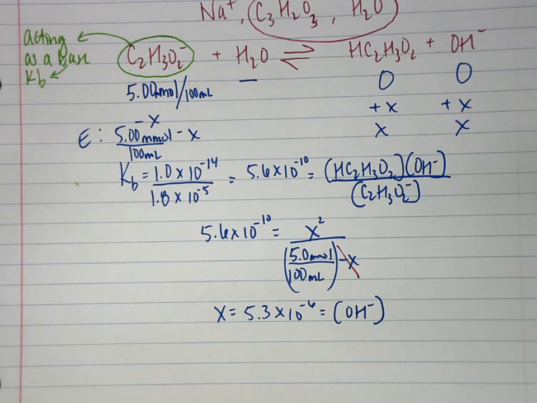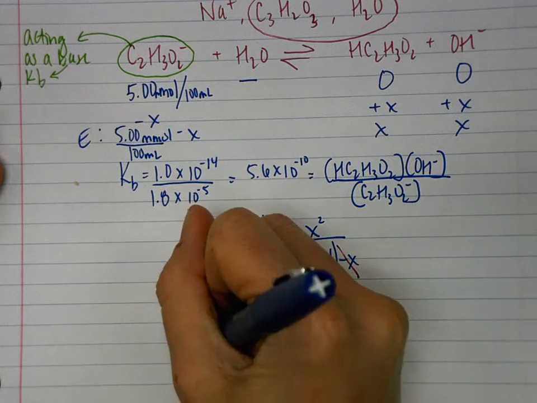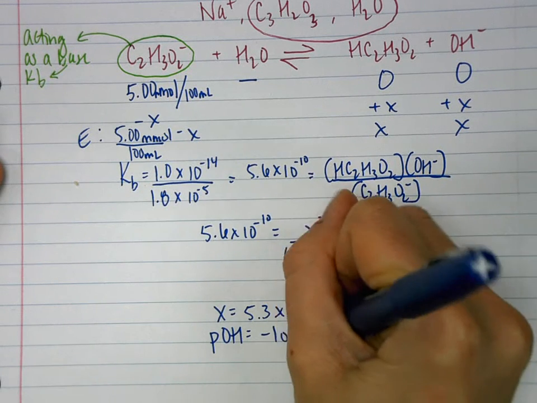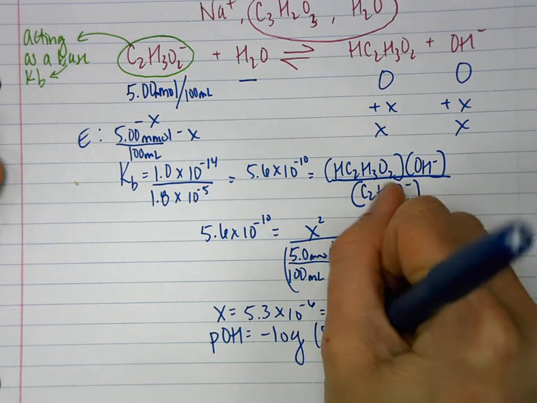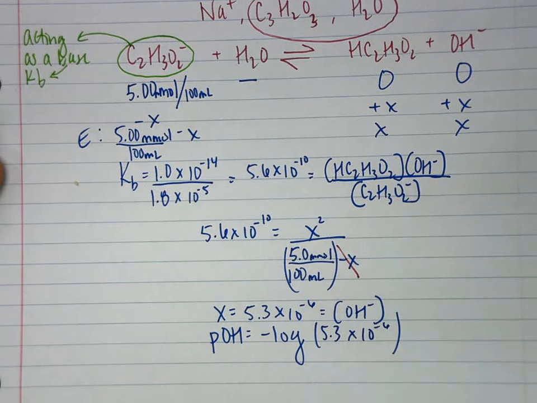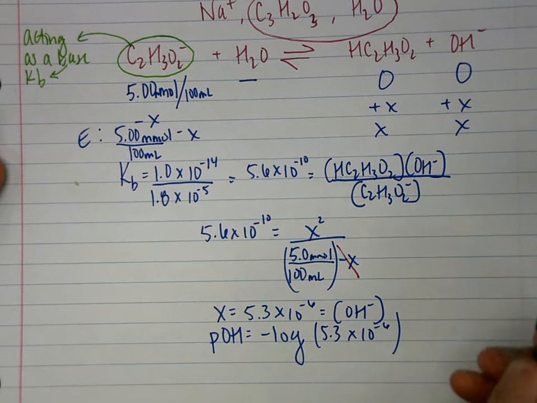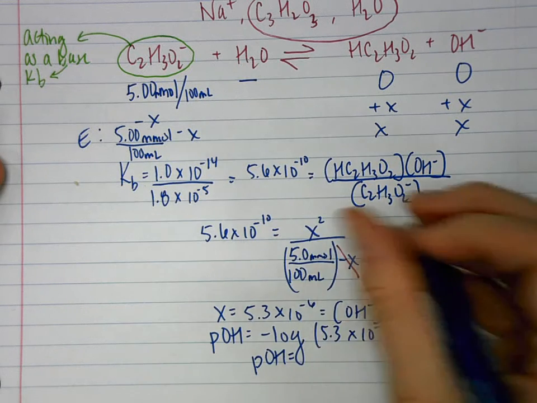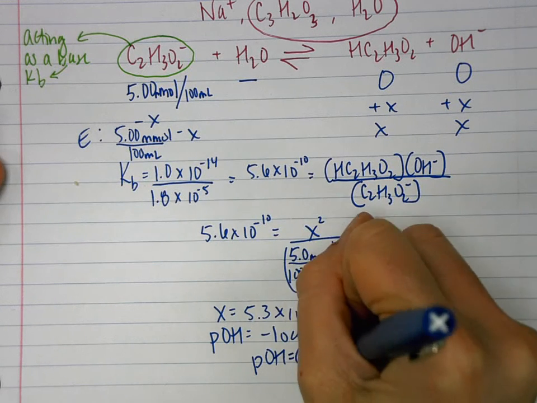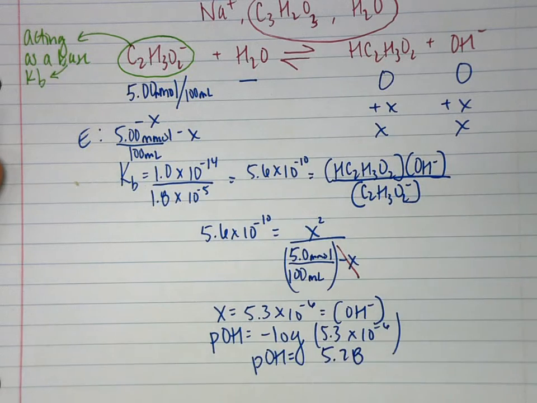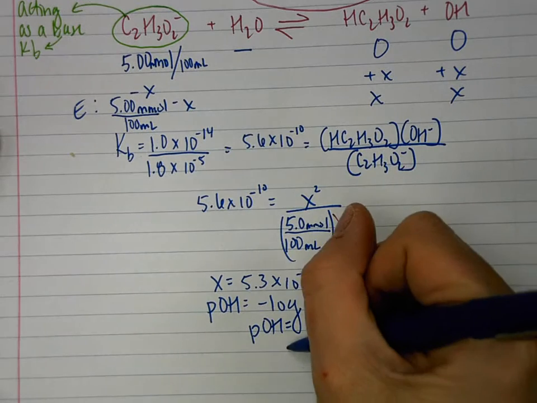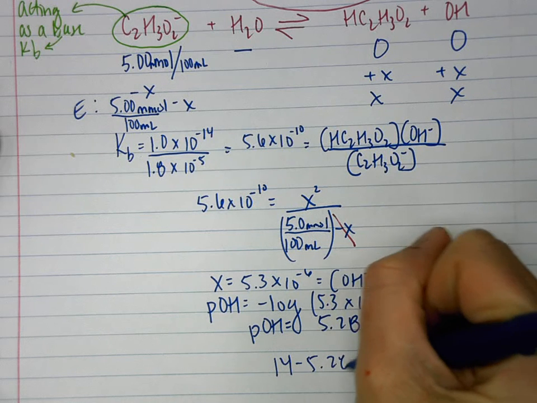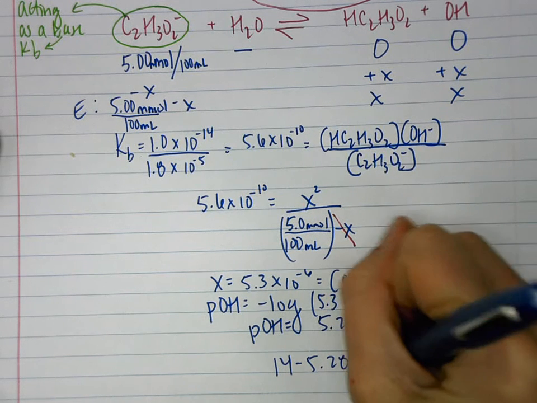Therefore, when you solve for the pH, you're really getting the pOH, which is the negative log, and then we get the pOH equals 5.28. So 14 minus 5.28 gives us our pH of